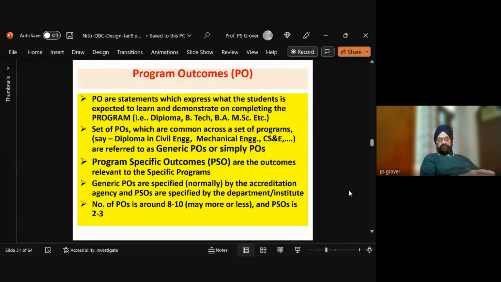In some, the lab will be very important. Other lab may not be important. In some, the games will be important, and so on. Indicating the curriculum is decided on what the outcomes, the program outcomes, are that we are expecting. And these outcomes are intended outcomes. Normally, the program outcomes are specified by the accreditation agency, and PSOs, program specifics, are specified by the department